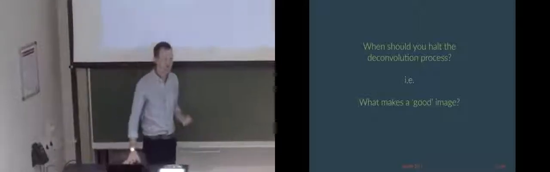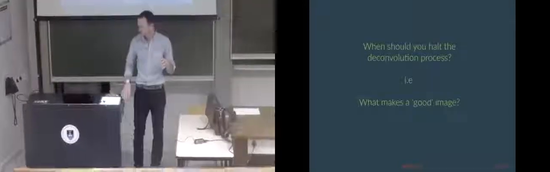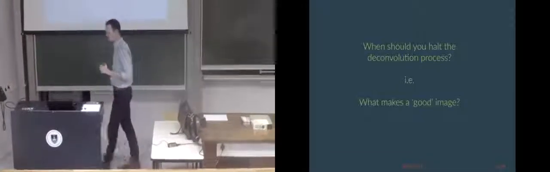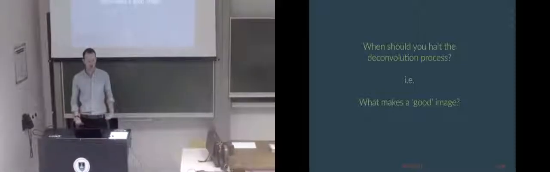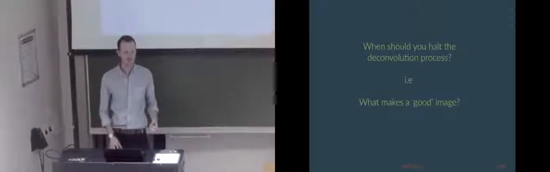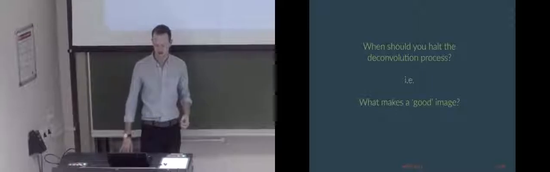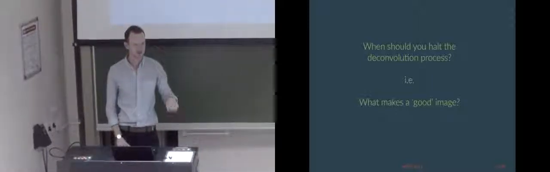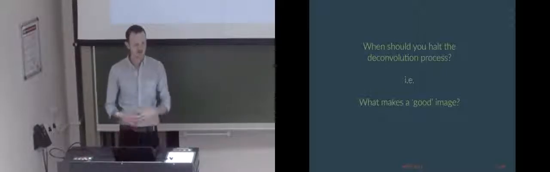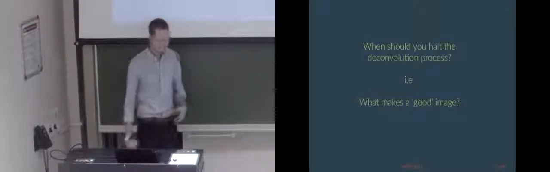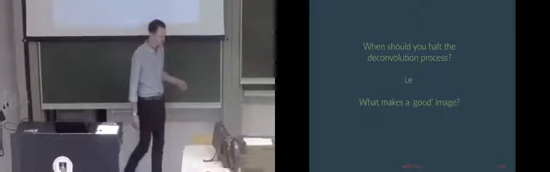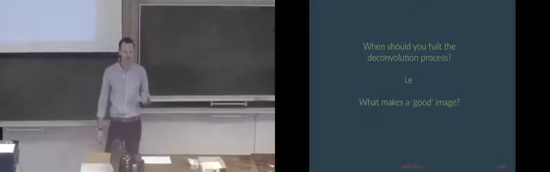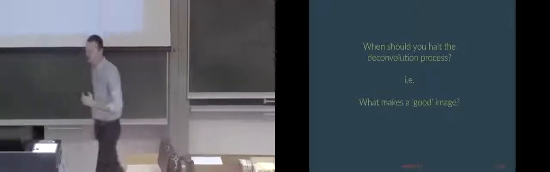Okay. We're getting towards the end of deconvolution. The last one that I want to talk about is how we know what makes a good image. Because this is a bit of an abstract concept, especially in radio astronomy, when we don't really know what the original image is. We have some guess based on the deconvolution process, but it's really hard to know when you should stop deconvolution, because you get to tweak these parameters to decide on the end. There's not like a perfect solution.